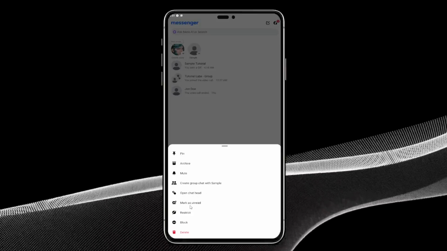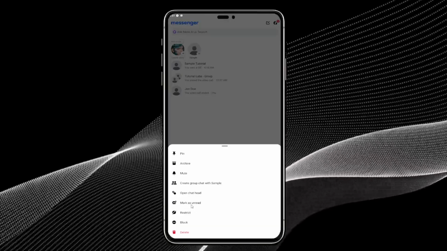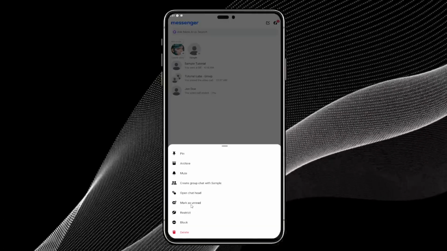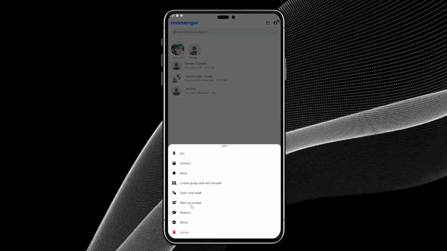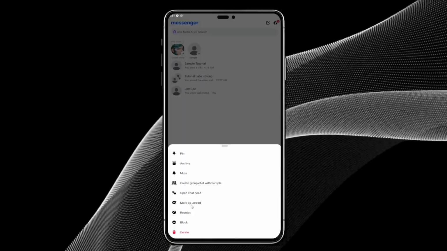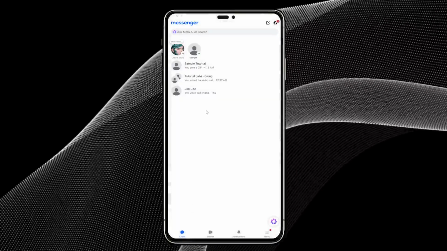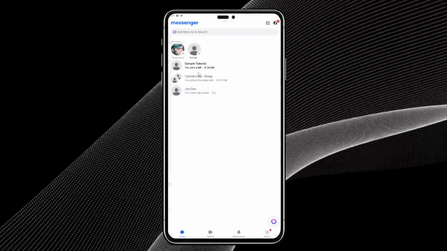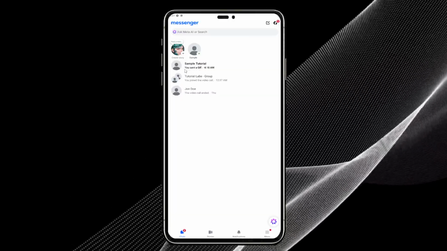This option is specifically designed to help you keep track of conversations that need your attention. By selecting this, you're essentially telling Messenger to treat this conversation as if you haven't read it yet, even though you already have. Once you tap Mark as Unread, you'll immediately notice that the conversation text becomes bold or highlighted